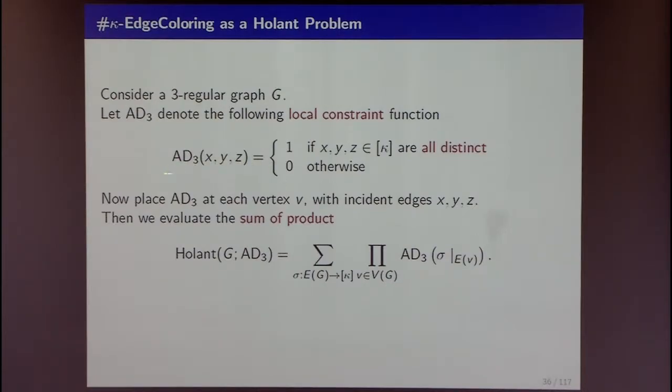But of course, you don't have to think about just this sort of function. You can think of a more general function that if x, y, z comes in k different colors, if they're all distinct, there's some value. If they're all the same, there's some value. If 2 of them are the same and one of them is different, you have some other value. You can think of these. So dichotomy theorems are basically trying to classify, according to every function you can put here, what the complexity of computing this sum of product computation is all about.